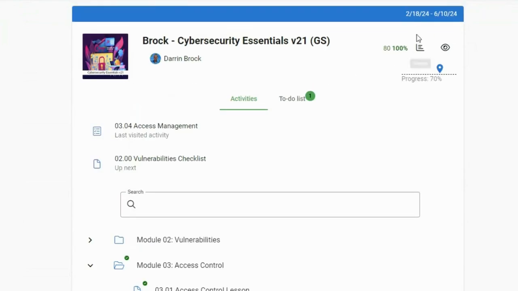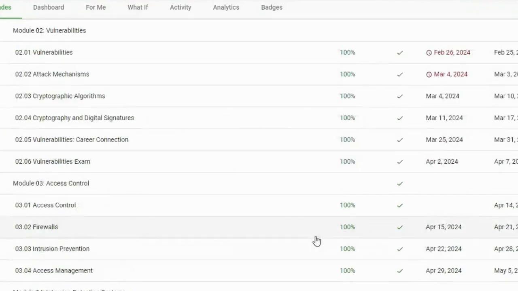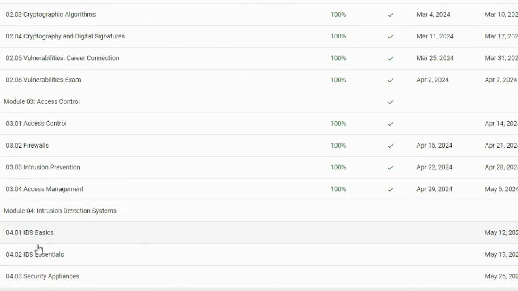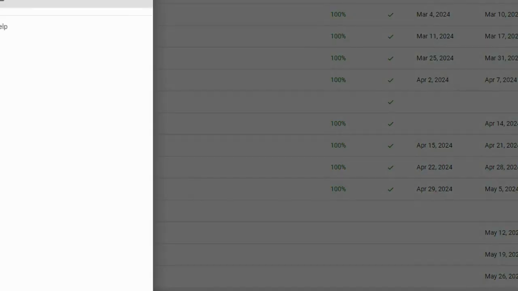I believe. Let me check the grade screen here. Yeah, we're done with module 3. We just had the assignments, no quiz at the end. We've got 3 weeks of intrusion detection systems. Although this is Alora's last week, she's a senior, so she'll have this one lesson, and then next week she'll be done. So let's go to 4.01,